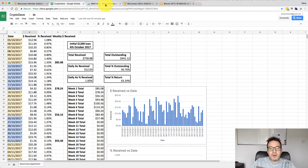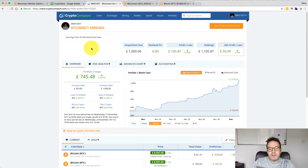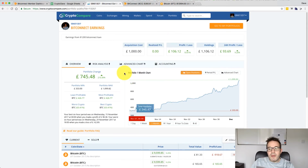So that's it. But in slightly more positive news, if we look here at our Bitconnect earnings, as some of you who watch each week will know, each week I convert my Bitconnect into Bitcoin and then withdraw it to this wallet. And I put the amount in today. It was a smaller amount this week, as you can see there. But because of the increase in Bitcoin price, we're now at over